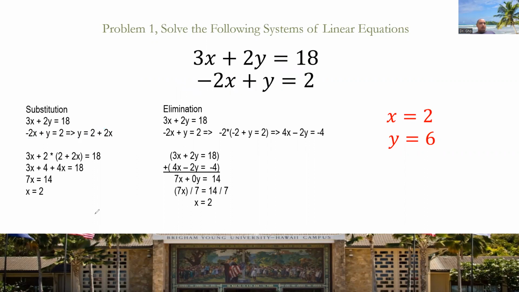And once we have that, we can take this y value and plug it into the y value of this first equation. That's where the 2 plus 2x comes from. You plug that in there. 2 times 2 is going to be 4. 2 times 2x is going to be positive 4x. And so now we've got